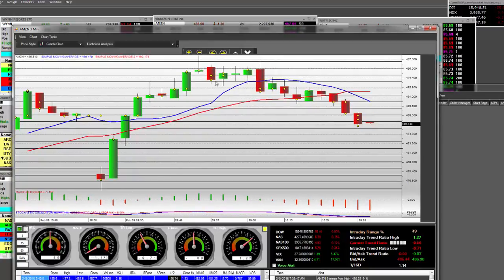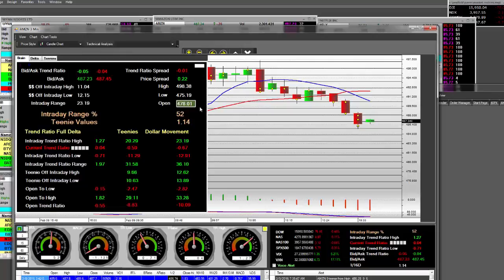There's that left elbow once again, and making a market is making a market, and that was the upside, and this was a reversal side. I will also show everyone in here that the range is 23.19. We came $11 off of the low, 11.92. Intraday trend ratio high in our format is 10.82. The high 498.38, open 478, dropped to 475 and ran it north to